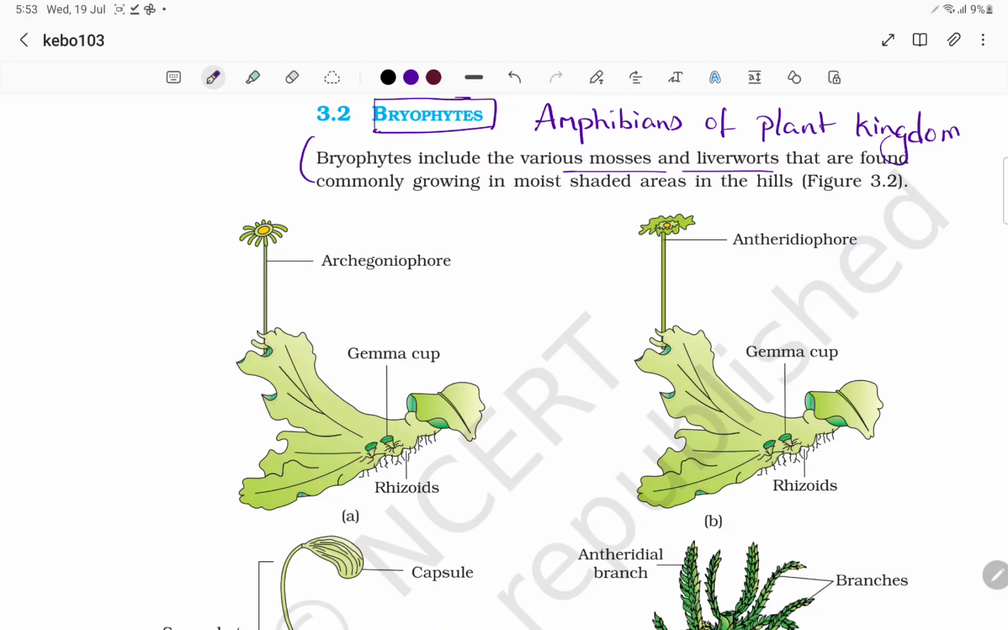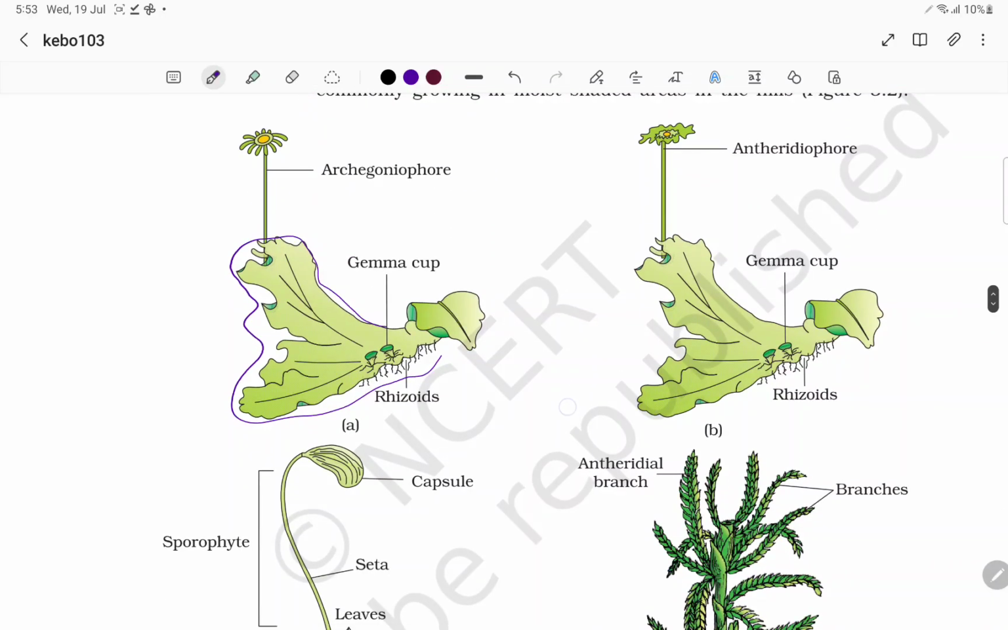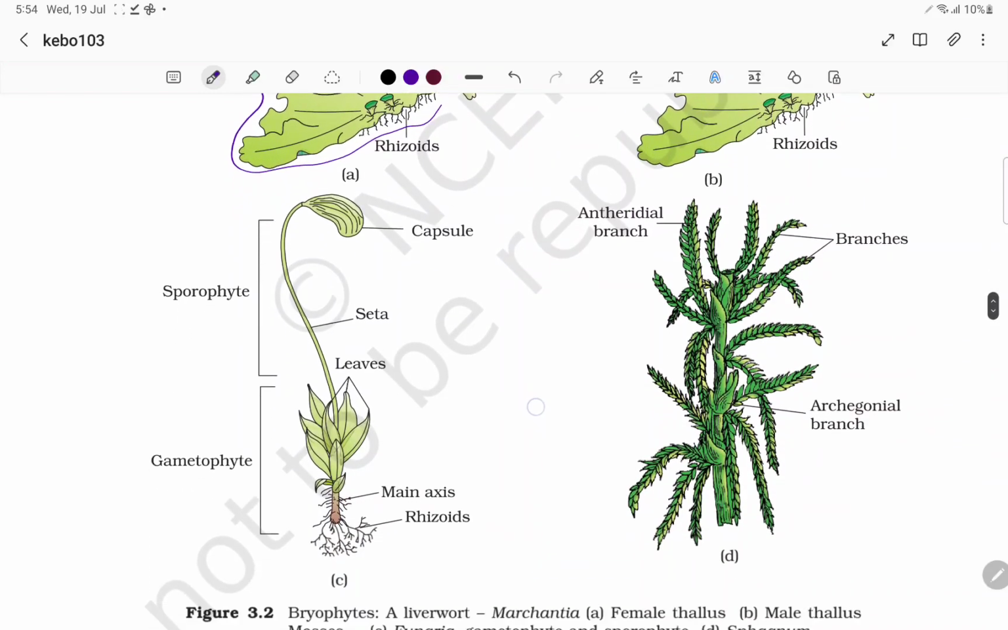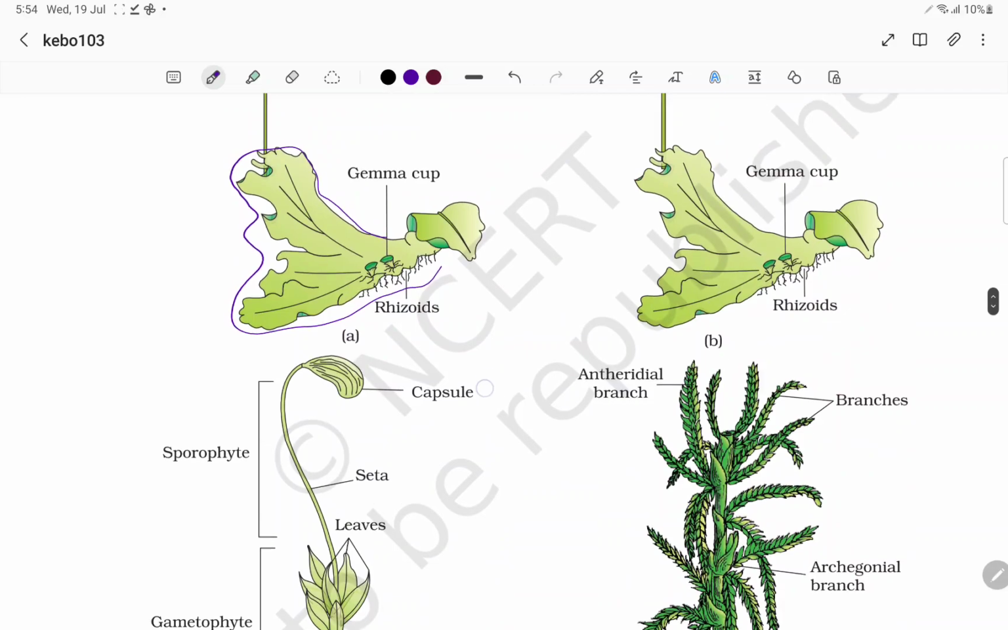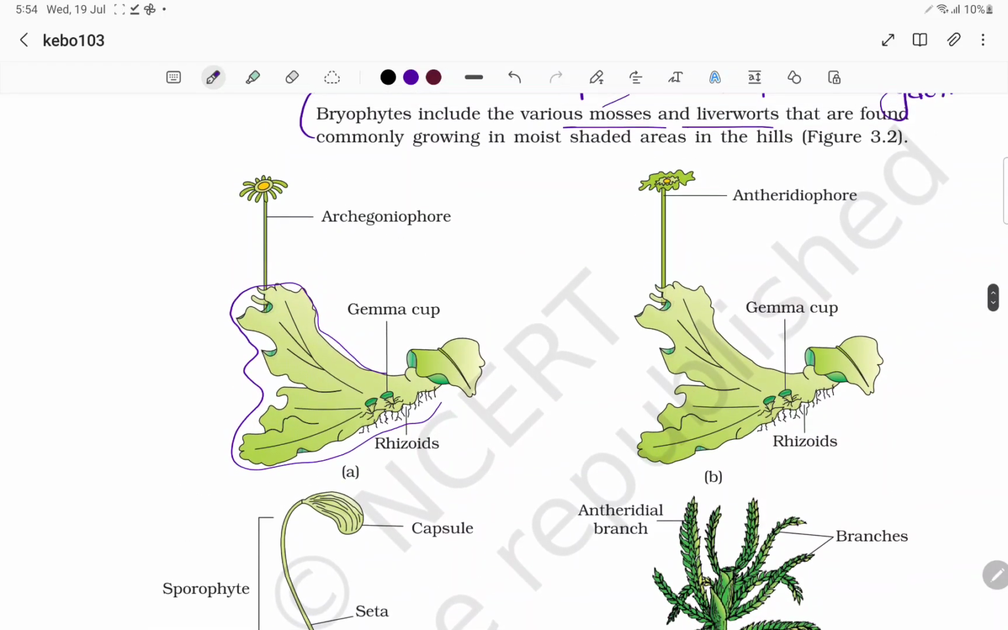Liverworts, why did they name it liverworts? Because it is liver-like in shape. So this is the thalloid body, which is liver-like. The shape is liver-like, that's why they named it liverworts. Mosses are like small sprouts, and whatever we are seeing is the liverwort, and this is the moss. So this is the liverwort Marchantia, which is